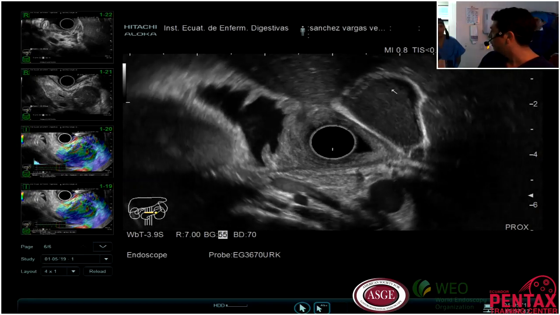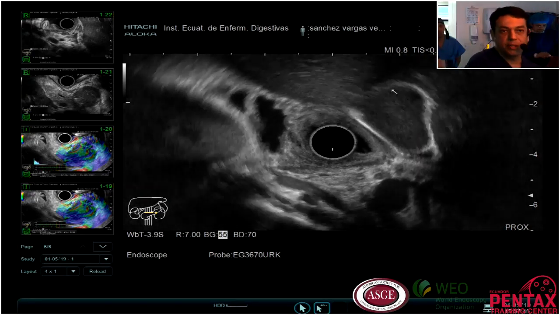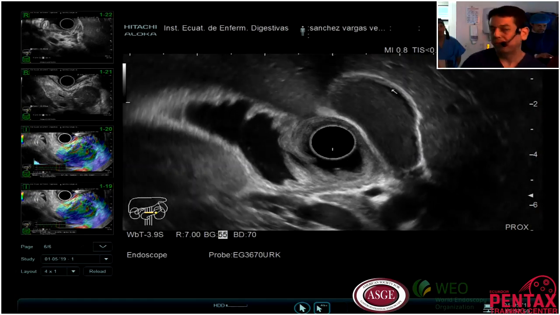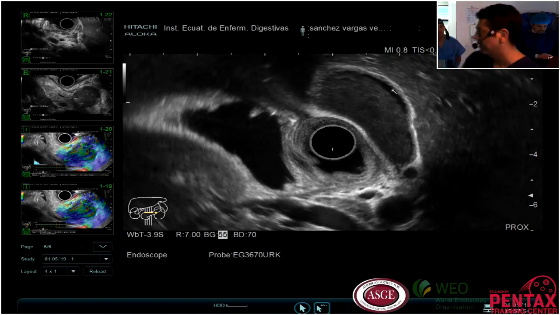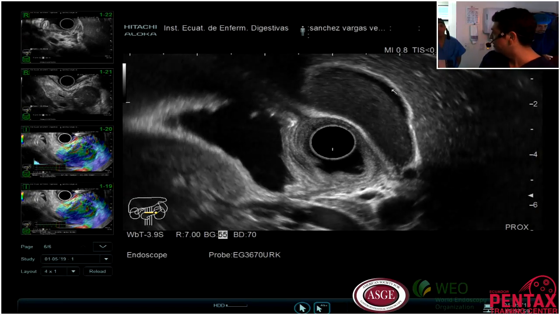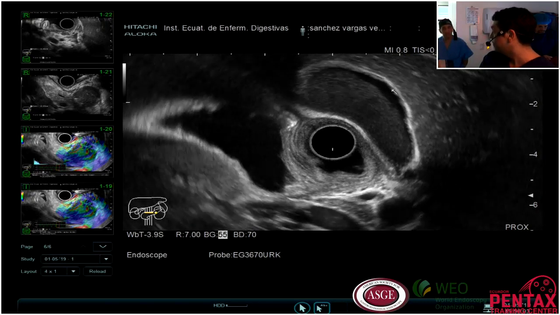I don't have a lot of experience, but I don't see any pseudocysts compressing the main pancreatic duct and causing a dilation. So we have a lot of questions. First, is this chronic pancreatitis with an acute crisis? Second, is this a pseudotumoral tumor?